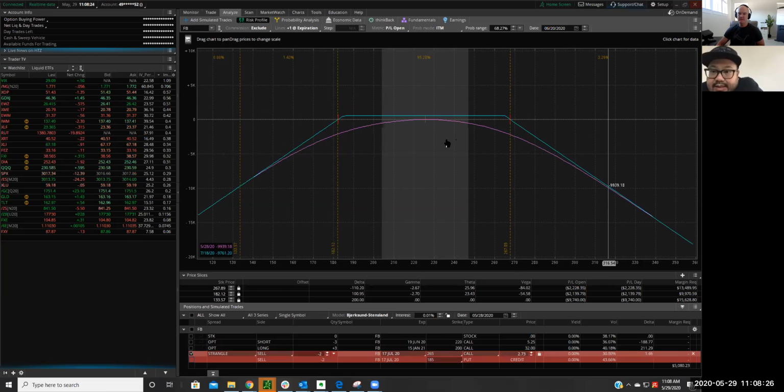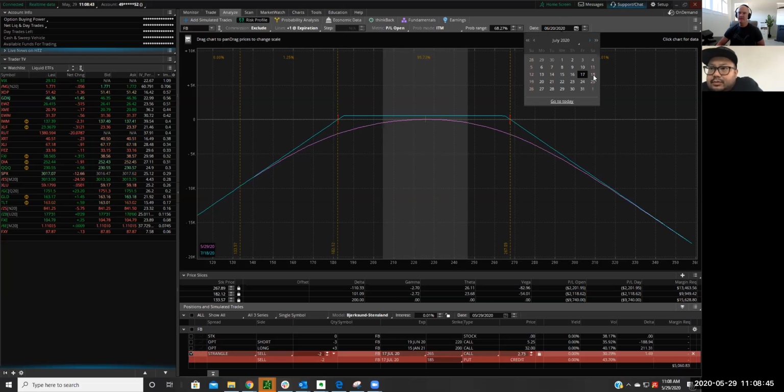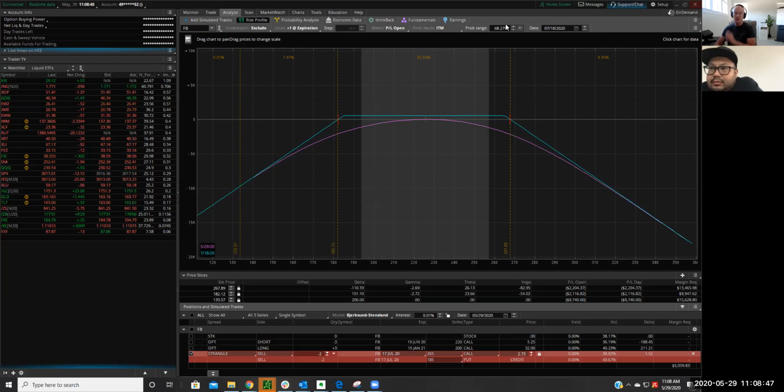So that's exactly the option. Well, no, it's a little higher and a little lower. So if I make sure this is today's date, so May 29th, and this expires July 18th. So I'm going to change this date at the top to July 18th. And granted, I know I'm moving kind of fast, but later you could watch the video if you want to see it again. But this trade has an 82.67 probability of profit. Okay, that's pretty good. That's really good.